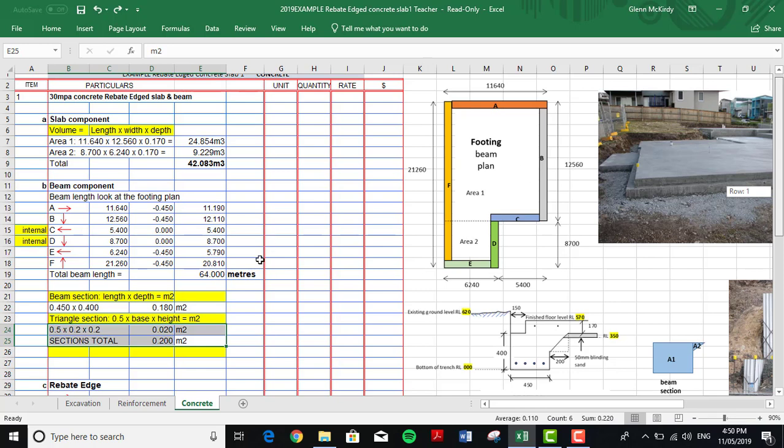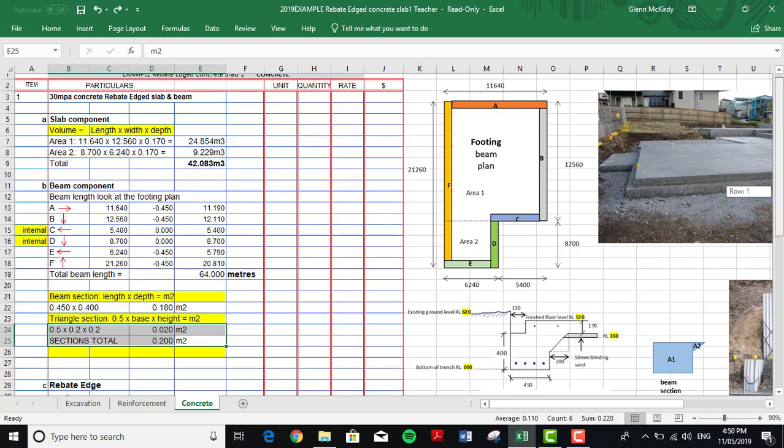And what we do then, we calculate the volume. And that volume is 65.2 times the width is 150 times our depth is 170. Okay, so that gives a total of 1.663 cubic meters. Okay, so what we've got to do then, we've got to add the slab meters cubed and the beams meters cubed. So our beam meters cubed and our slab meters cubed are, there's our 1.663, beg your pardon, there's our